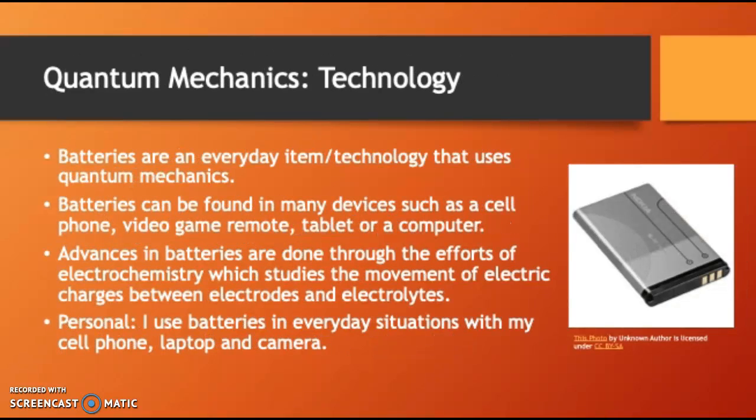Finally, we are going to discuss how quantum mechanics is being used in today's technology. One item that uses quantum mechanics is a battery. Batteries are an everyday item or technology that uses quantum mechanics. Batteries can be found in many devices such as cell phones, video game remotes, tablets, or even a computer, to name a few. Advances in batteries are done through the efforts of electrochemistry, which studies the movement of electric charges